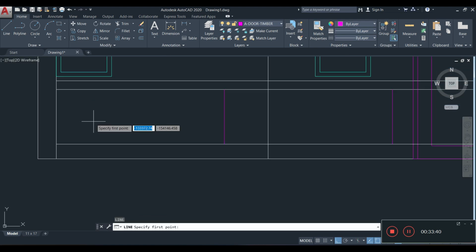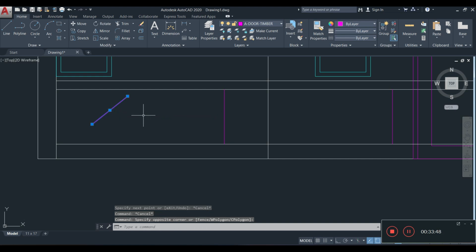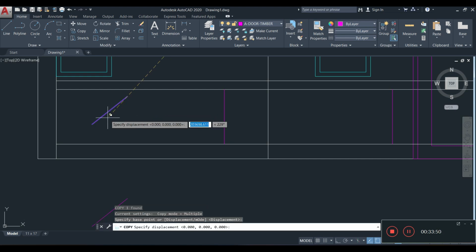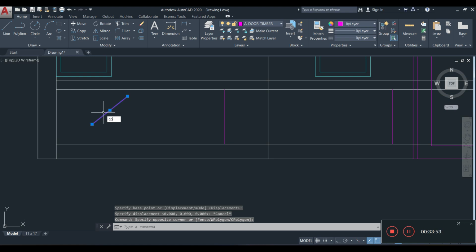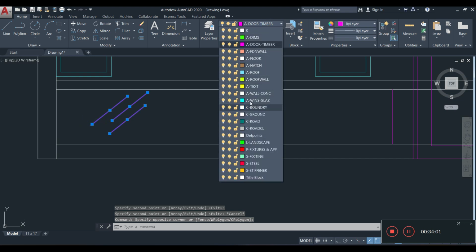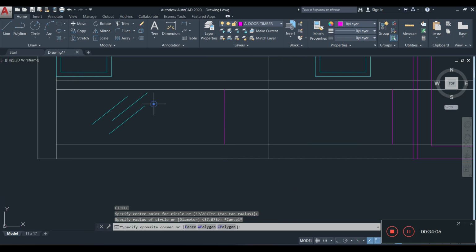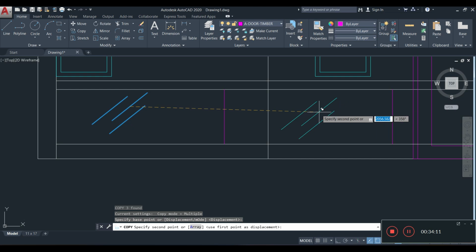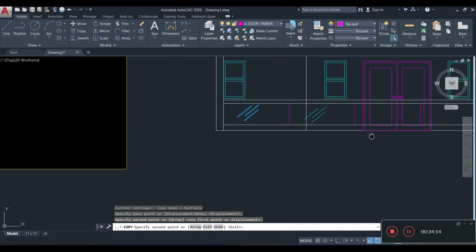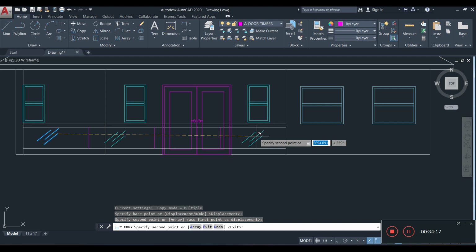If you have watched any of my videos before, you know I like to do this fancy thing here. I simply do something like this, and I'll copy it. I'll copy the line. I'll put one up a bit and then one down a bit. Let's put this on our glass layer there, a window glass, and let's copy it to the different panels, if you want to call it that. Alright, one panel there